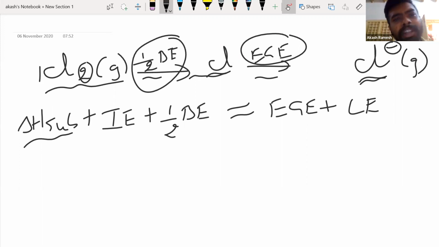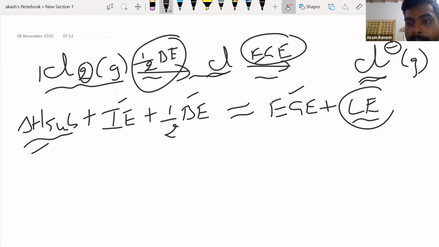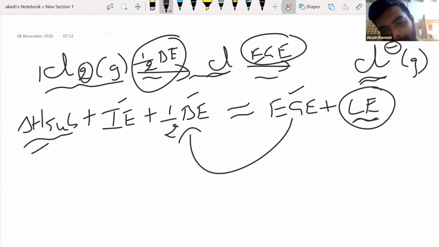There is something called a chemistry table for all elements, with all these enthalpy values, except for lattice enthalpy, obviously. So ionization enthalpy can be found from the charts. Bond enthalpy can be found from the charts. Electron gain enthalpy is already found out. Enthalpy of sublimation is also already found out. So from this equation, lattice enthalpy can be easily found out. So through the Born-Haber cycle, this is how you will be able to find the value of the lattice enthalpy. If you want to find the lattice enthalpy, bring the electron gain enthalpy to this side, and you can find the lattice enthalpy.